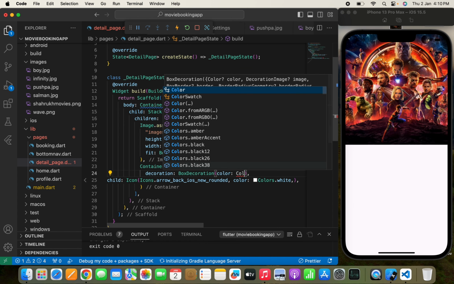and we can use a style, a text style. Now the color, which will be Colors.black, and font size, which will be 20.0, and font weight will be FontWeight.bold. Yeah, something like this. Now here I can use a cross axis alignment, so I'll use CrossAxisAlignment.start, and